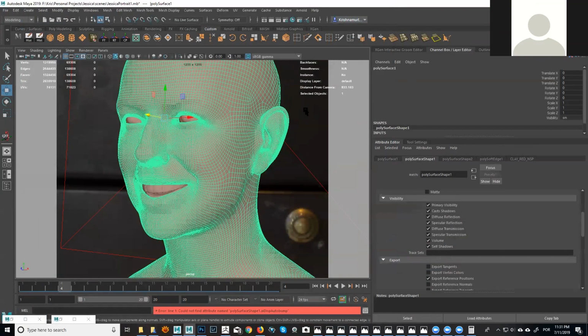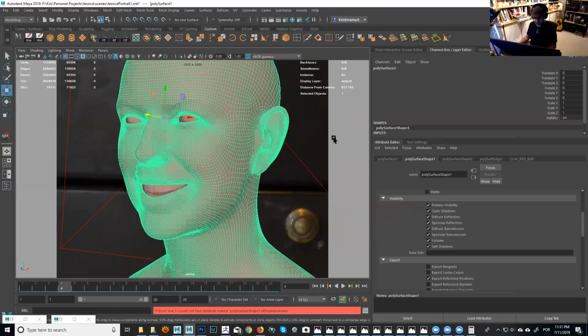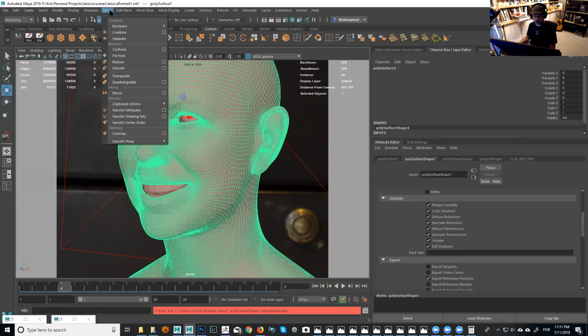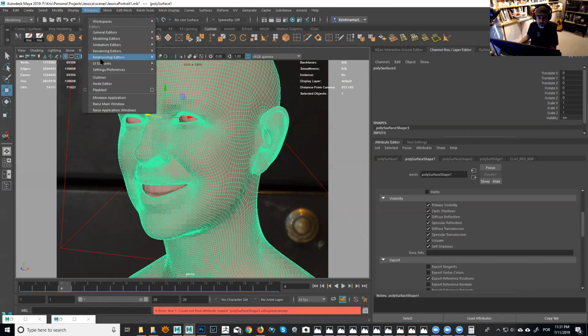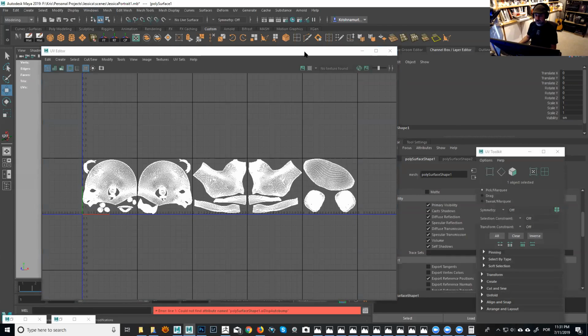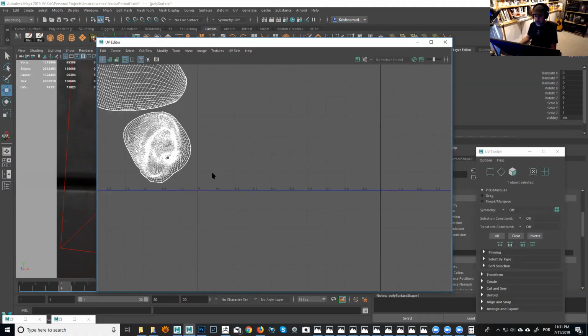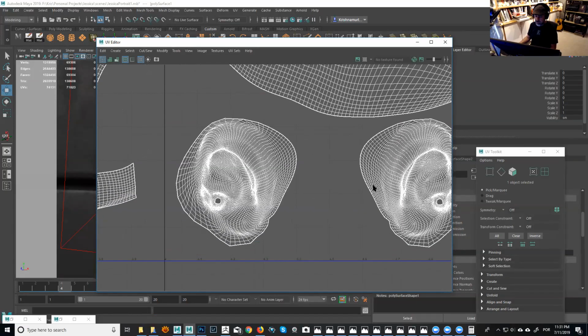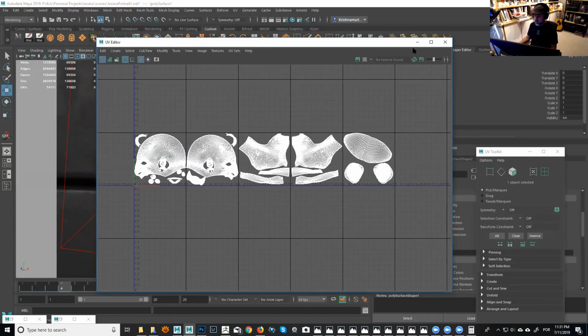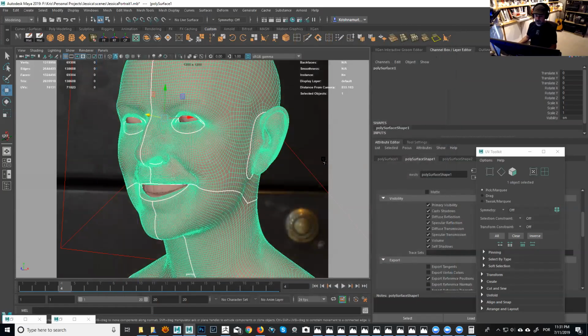Yeah. So I'm gonna be plugging in now the displacement maps we just exported. I know we're kind of running out of time here, but I'm gonna speed up a little bit so at least I don't leave you guys hanging over the weekend. So modeling editors, I'm gonna go to my UV editor. And just to remind you guys, I have 5 UDIMs, right? I have half of the face, and I have the shoulder, and then the bottom part, and some big ears in here, so I get more detail in the ears. And that's about it for the map. So I should get a corresponding